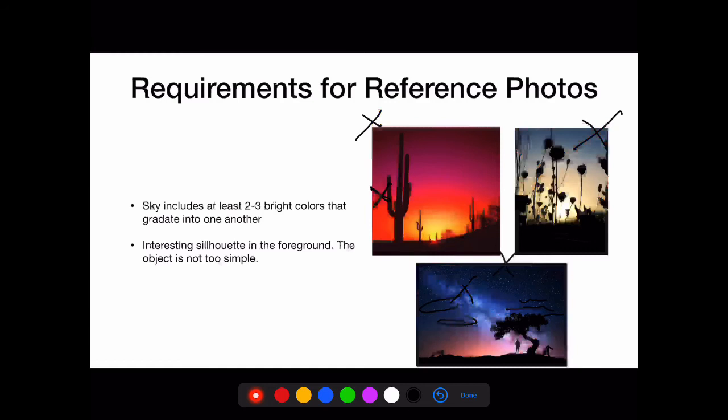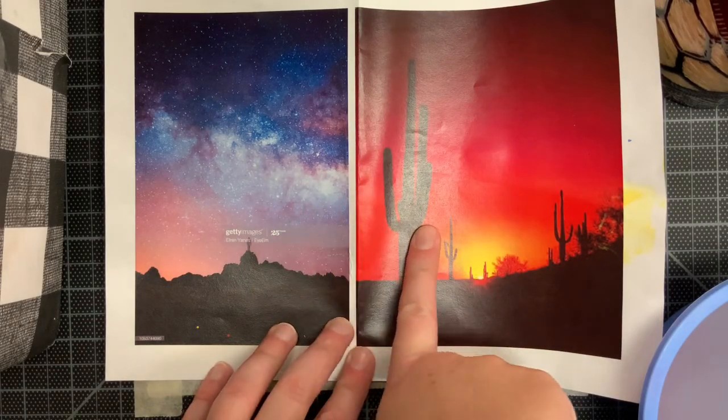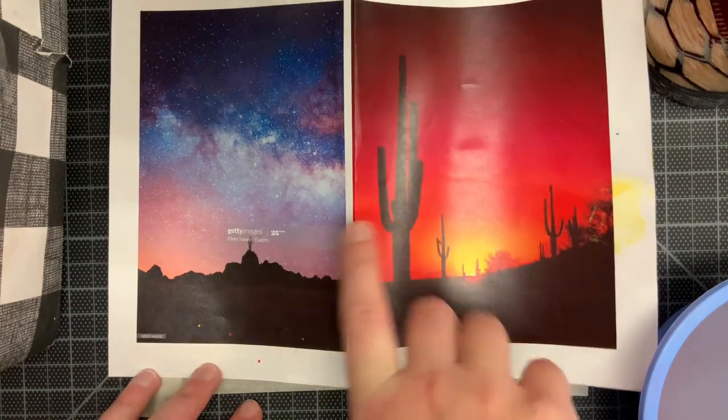I would recommend finding at least maybe 2 to 3 photos that you really, really like and then submit them, and I'll give you feedback on what I think would be probably the most successful one for you to do. But have that photo submitted by the end of the day so I can give you feedback before we get started next week. You cannot use either one of these photos that we did for our practice landscapes,